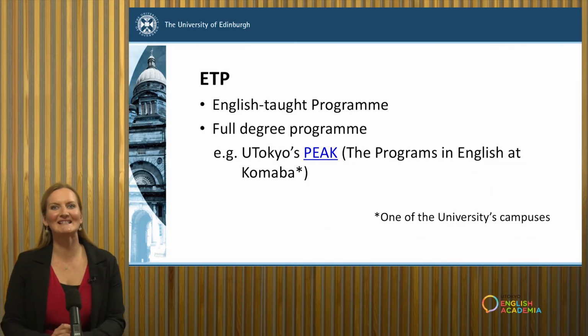However, it's not always this simple, as many programmes only offer a few credit-bearing courses on an ad hoc basis, and others offer EMI in a more systematic manner, offering full degree programmes. 4-year degree programmes in English are often referred to as ETPs, English Top Programmes. Some universities also have a full campus approach where everything is taught entirely in English.